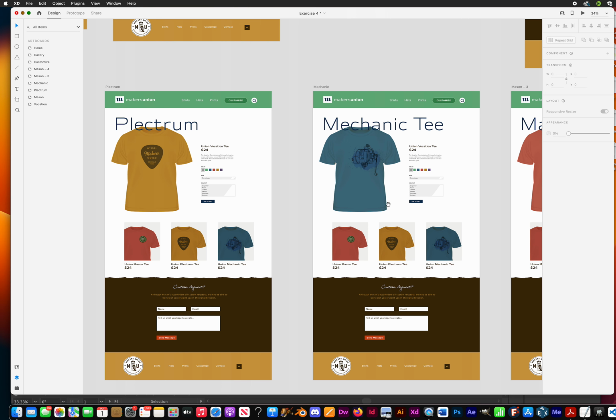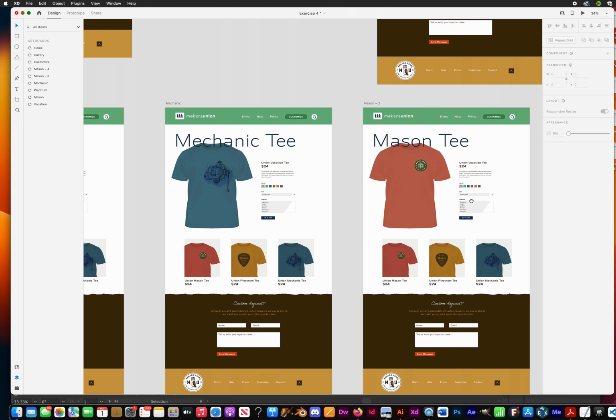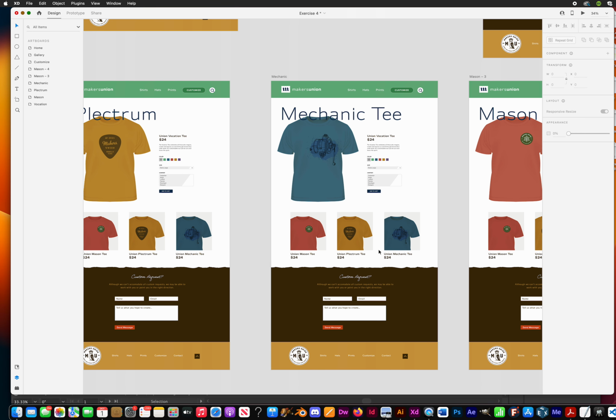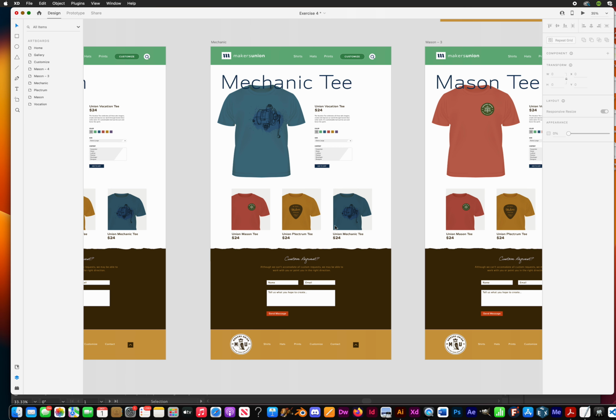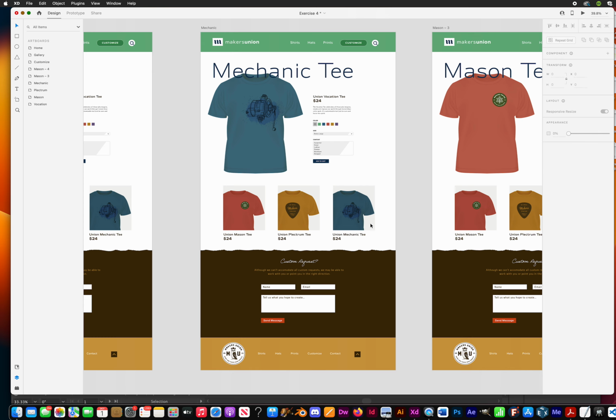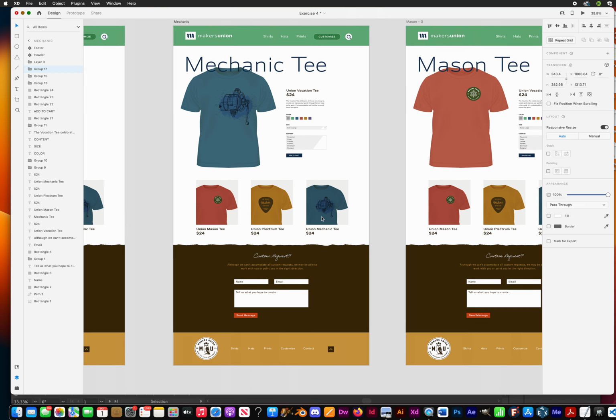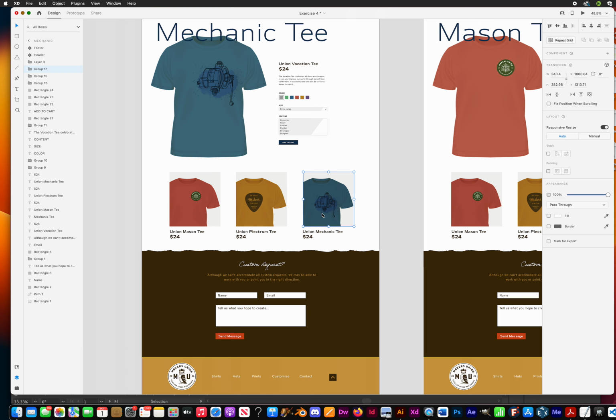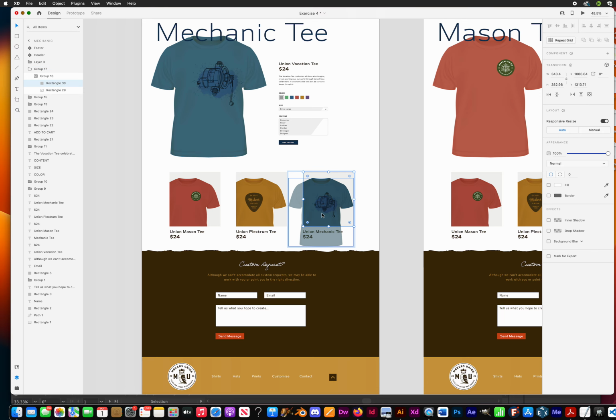By the way, before I finish the rest of these last couple out, if you're actually wanting to make this a really accurate prototype, you would not be showing this image down here again. This is more like recommended search based off what you're looking at. You wouldn't want to show the same image as what is being featured large. So if you want to fix that, you have to hit command click to click into that group,